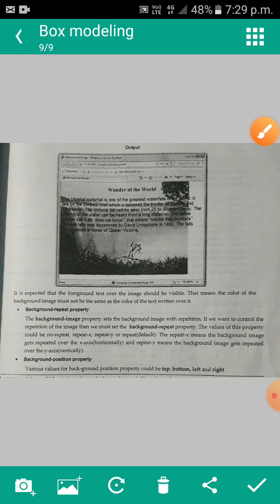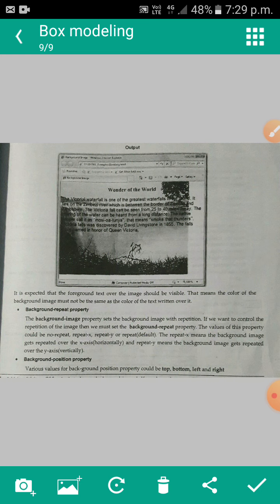Okay, so the background-repeat property. The background-image property sets the background image with repetition. If we want to control the repetition of the image, then we must use background-repeat. The values of this property could be no-repeat, repeat-x, repeat-y, or repeat.